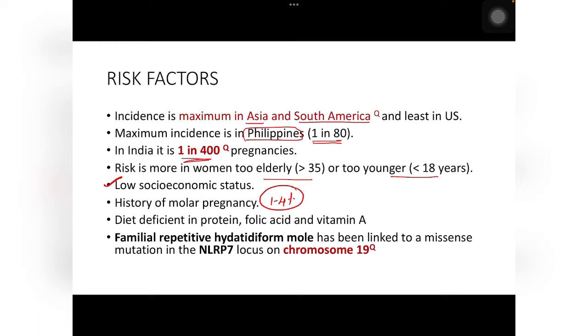And suppose a patient gives you a history of familial pattern. She says my siblings also have molar pregnancy, even my mother had a molar pregnancy. In that condition, you should think of a missense mutation in the NLRP7 locus on chromosome 19. So this again is an important question. Whenever there is a missense mutation in chromosome 19 in this NLRP7 locus, there is a chance of repetitive hydatidiform